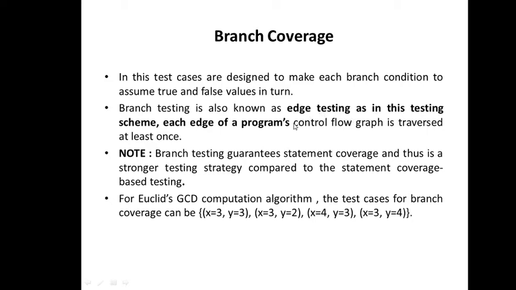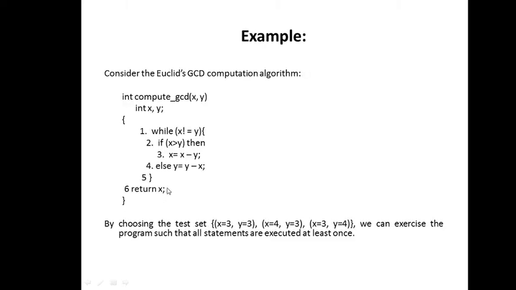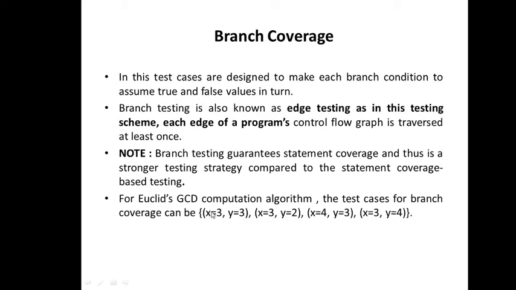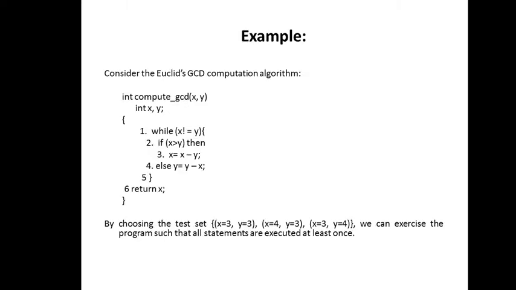What is this exactly? What do we mean by this? Say, for the same example, if I take the test cases according to branch coverage, they are 4. I mean 4 is the minimum number of test cases required to check the errors in each and every branch condition, right? So the first branch condition was the while.